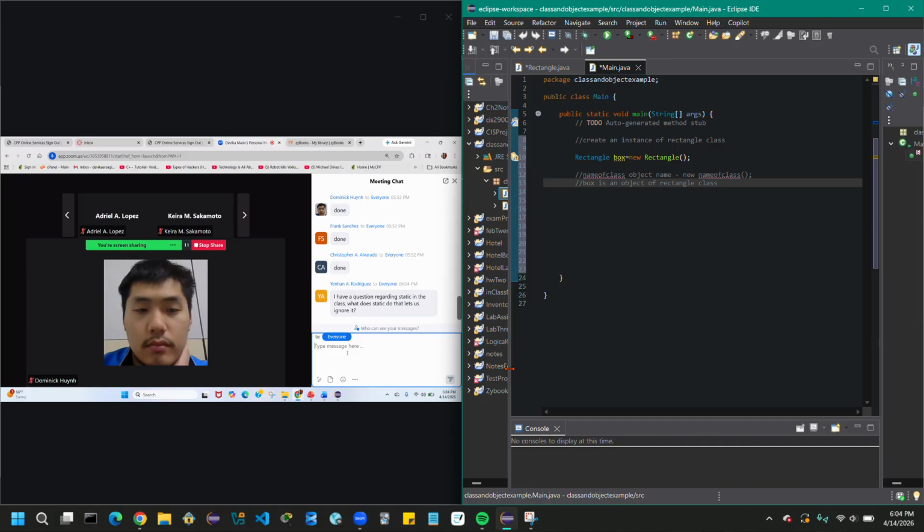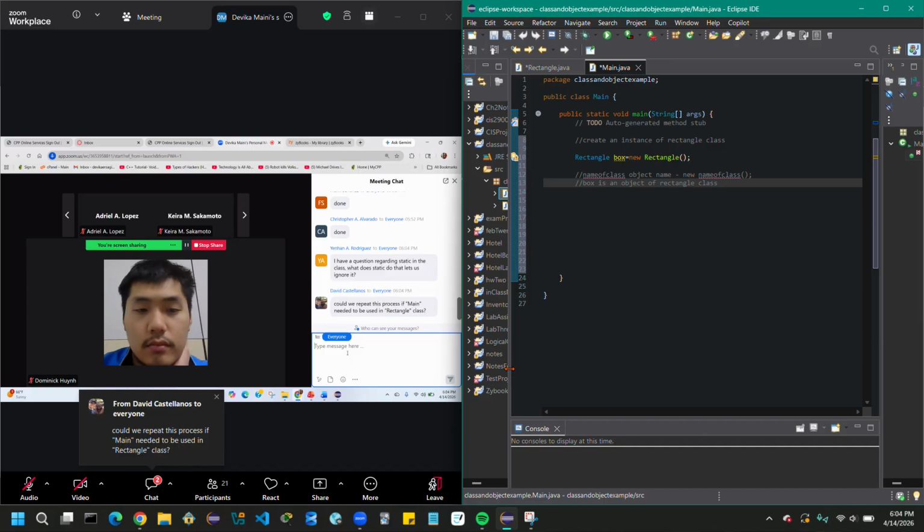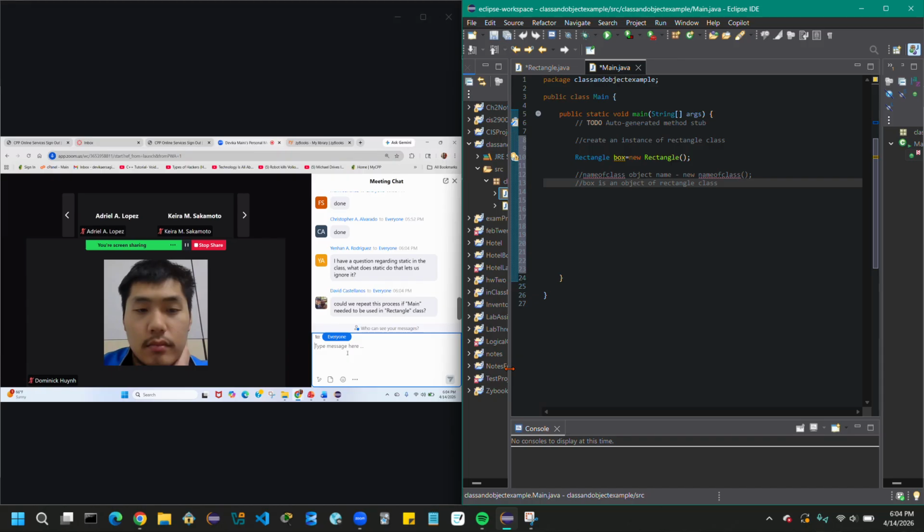So, about the static. As I mentioned, static is another type of class in object oriented programming. Static means the member belongs to the class, not to the object. If I write a static keyword here, it will not belong to that object, it will belong to the rectangle.